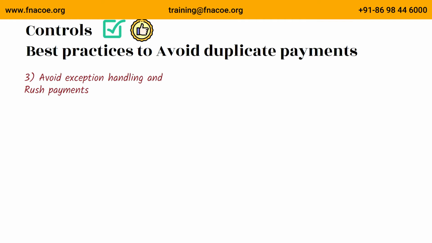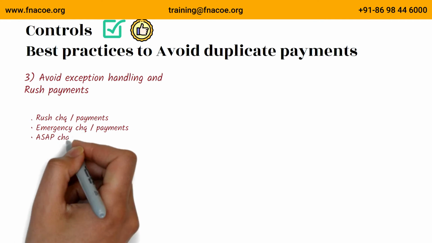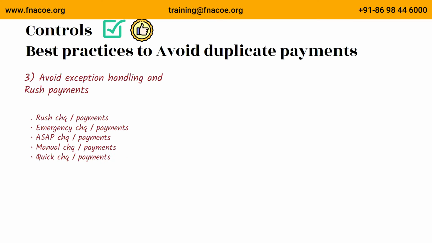Another best control is to avoid rush checks or rush payments. When the data is analyzed, a rush check represents a disproportionate share of both fraudulent checks and duplicate payments. The reason is simple. Some vendors know that if they call an organization's accounts payable department and threaten to put the company on credit hold, the chance of a rush manual check being issued is very high. So that is exactly what they do.